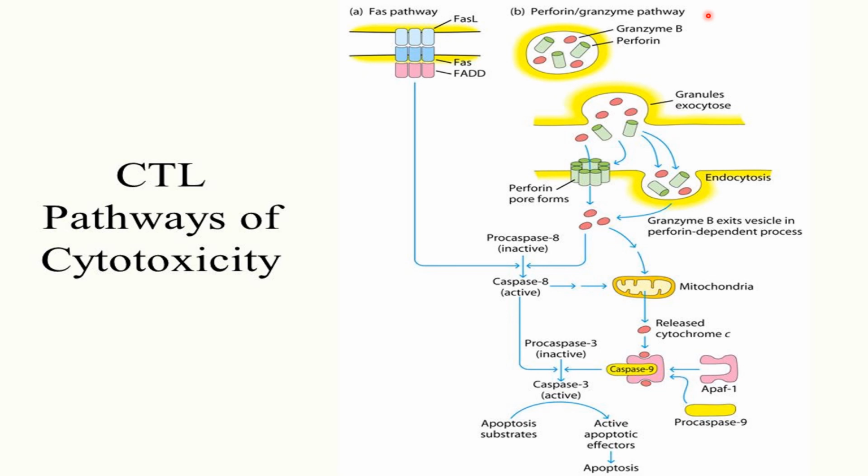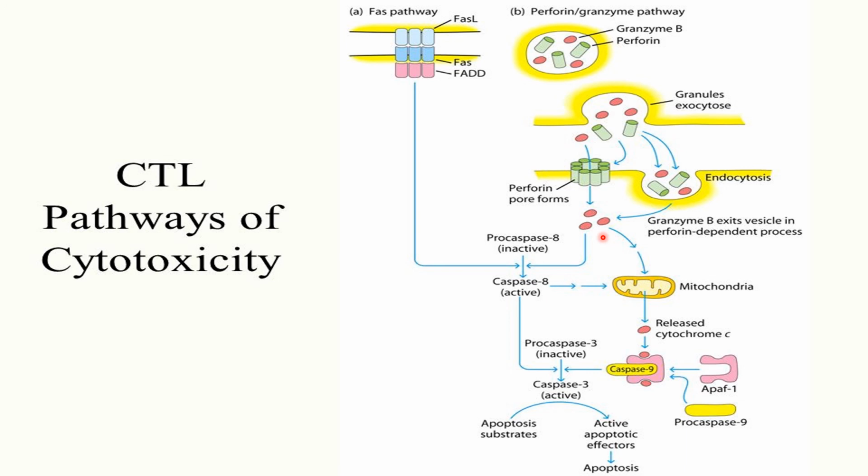In the case of the perforin granzyme pathway, inside the granules of these cytotoxic T lymphocytes, two enzymes are present, granzyme B and perforin. And after binding with the MHC class 1 presented antigen, these cytotoxic T lymphocytes will secrete out these enzymes, and the function of perforin is to create pores on the surface of target cells, and granzymes will get inside the target cells through these pores, and that will activate